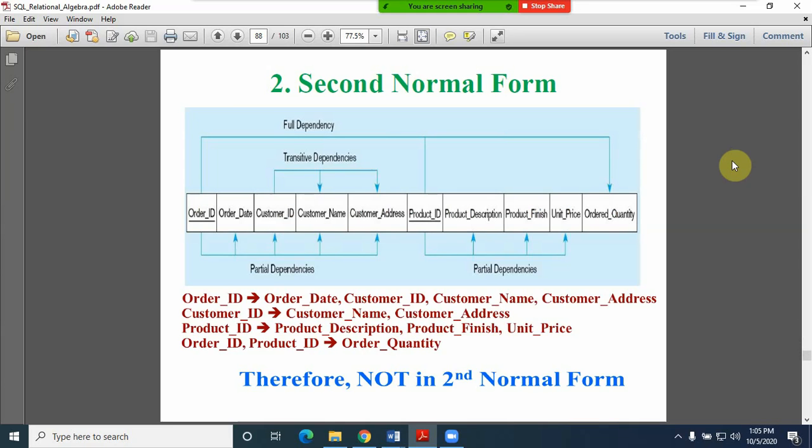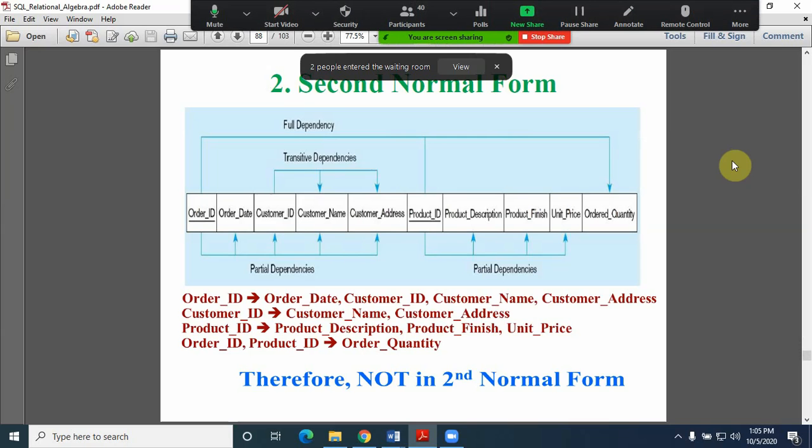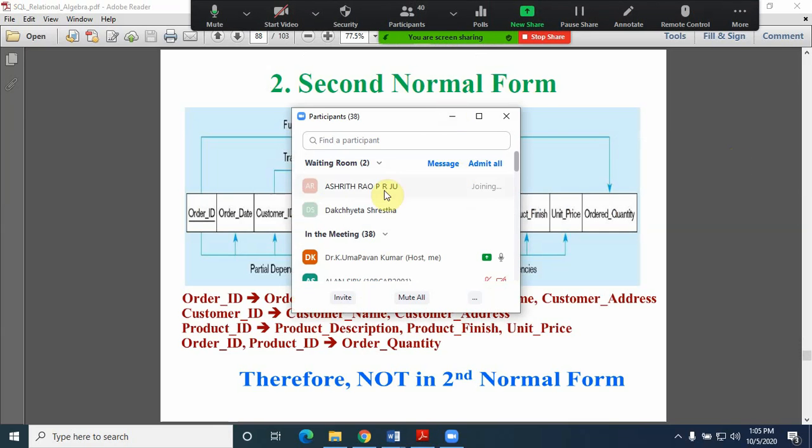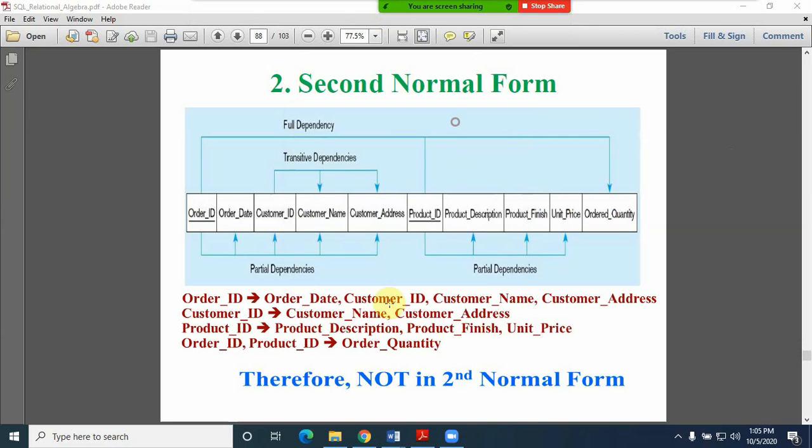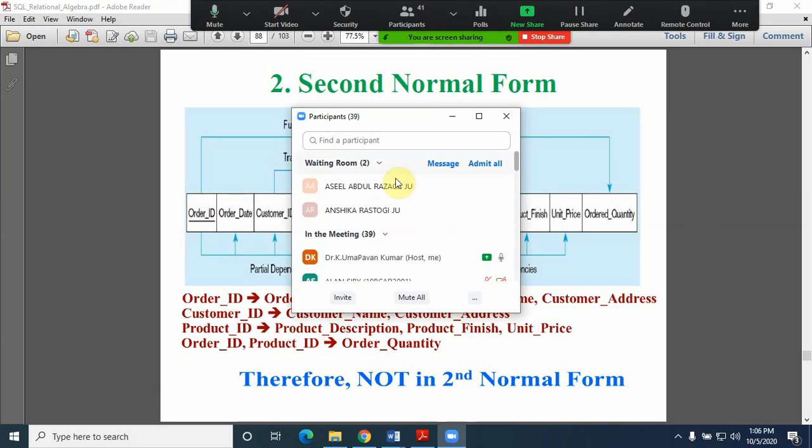And if you are referencing the second normal form, the definition is all non-key attributes must be fully functionally dependent on the key attributes. At the moment I am talking about this particular table, friends, this table allows us to identify which are all the aspects related to the customers, orders and all the product information. Now, considering order from the available attributes,